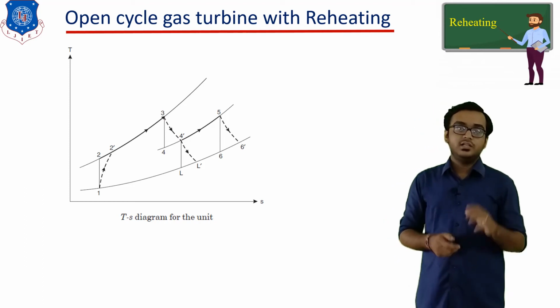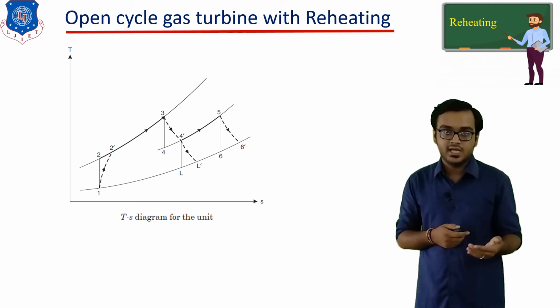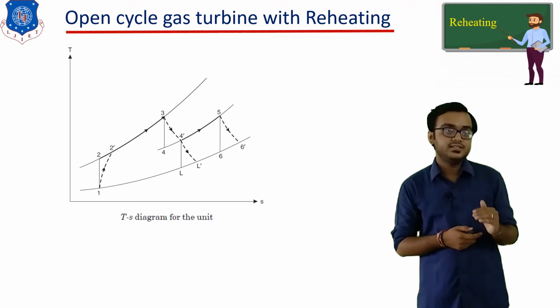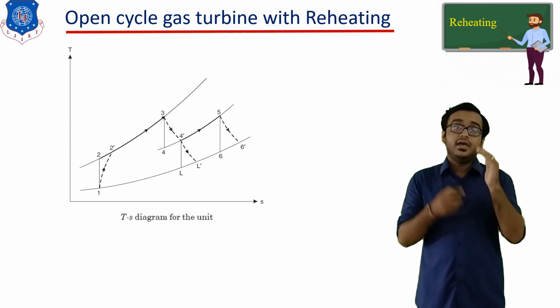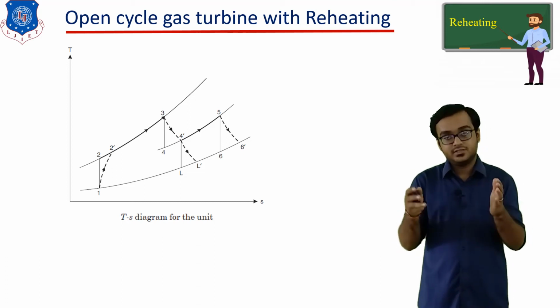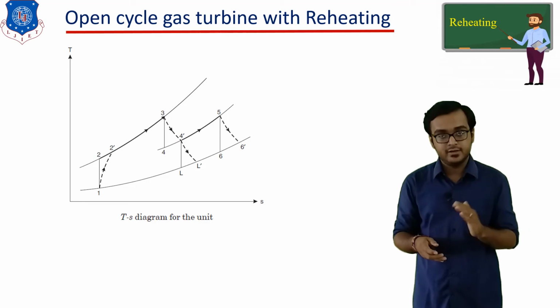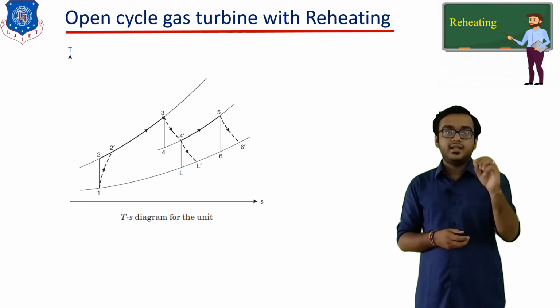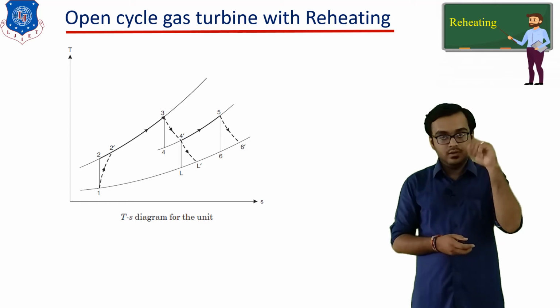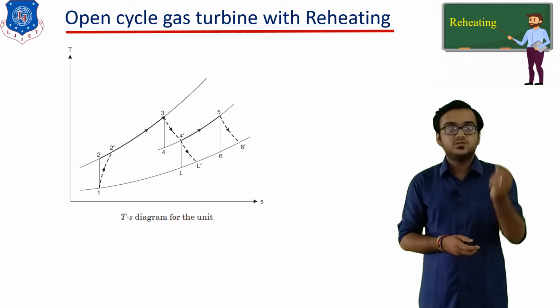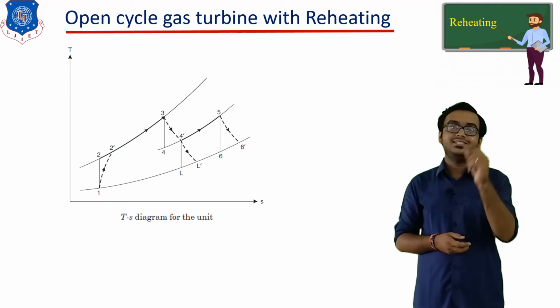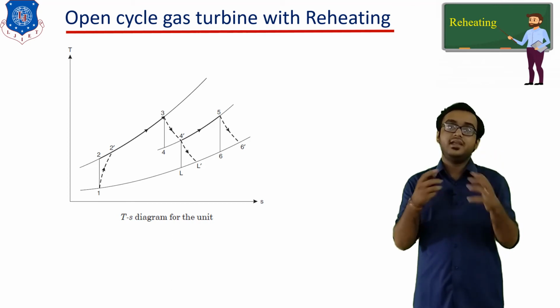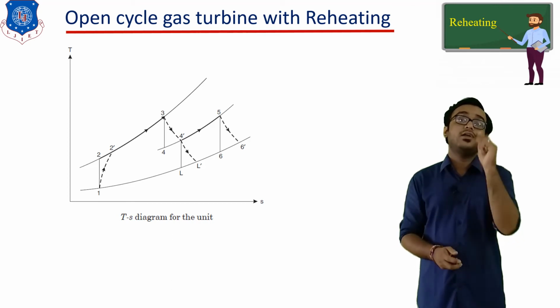For example, here we are incorporating the reheating cycle. With the use of the reheating cycle, you can notice that the area of the TS diagram is increased compared to without the reheat cycle. And here you can say the area that is indicated by the points 4', 4, 5 and 6'